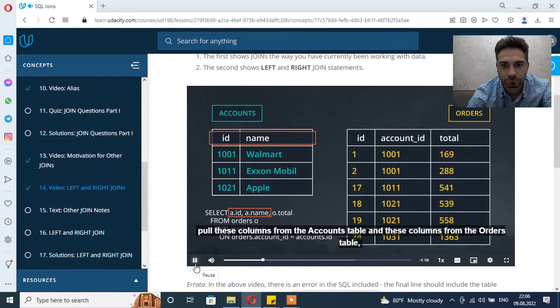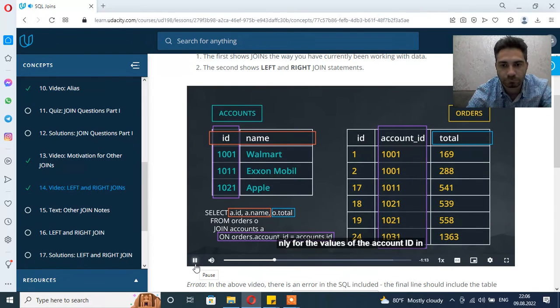Writing the following inner join query to join the accounts and orders tables will pull these columns from the accounts table, and these columns from the orders table. Only for the values of the account ID in the orders table that match with the ID field in the